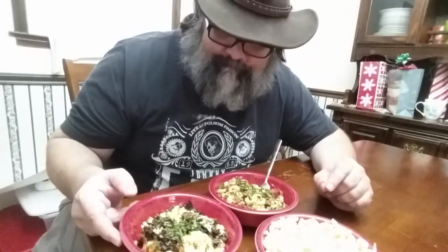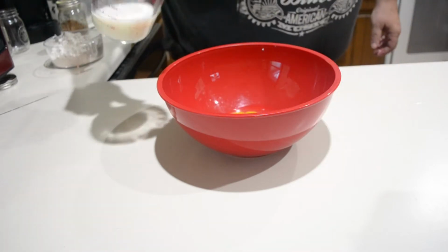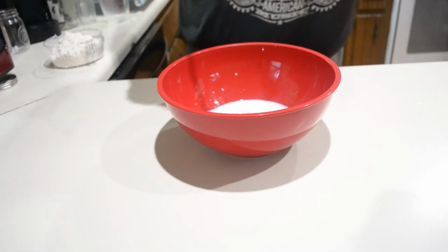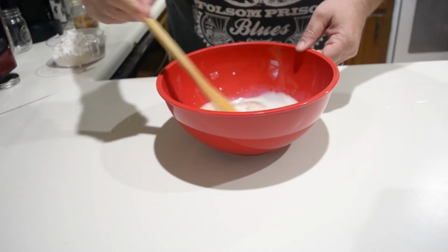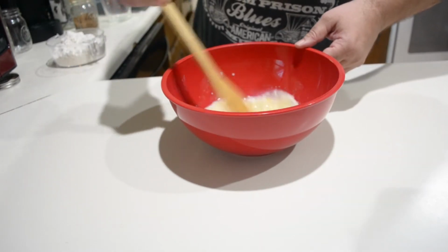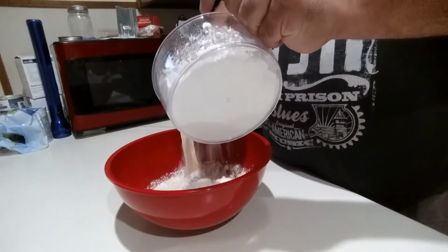Let's get to it. First, we're going to start off by cracking 3 eggs into a bowl, and then 2 ounces of milk, 2 ounces of water. Adding a 1/4 teaspoon of nutmeg, 1/4 teaspoon of salt, and a 1/4 teaspoon of pepper. And now we're just going to beat all that together while I'm wondering what the hell I did with my whisk. Once those eggs are beaten, I'm going to start adding flour,